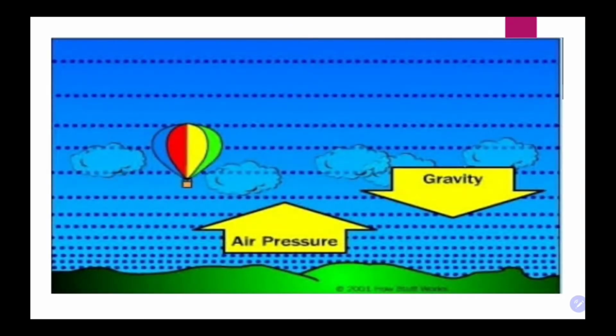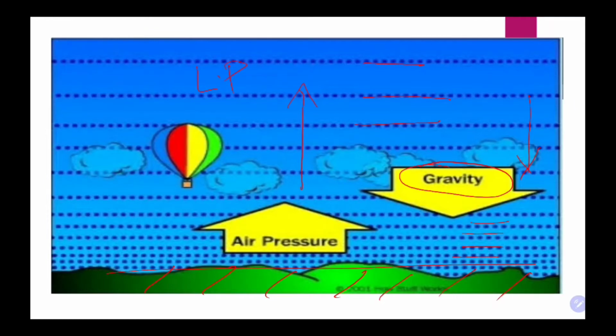You can see because of the earth's gravity, the air is pulled towards the surface of the earth. This is the surface of the earth. So the air is pulled. You can see the lines are very close near the surface. This means the air is very dense. So here the pressure is maximum near the surface of the earth. And as we move up with height, you can see the air molecules are becoming less dense. So here there will be low pressure.